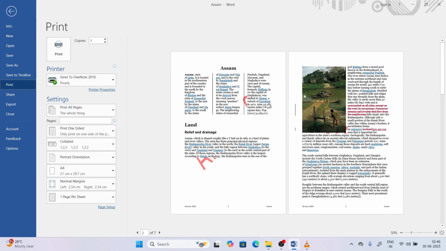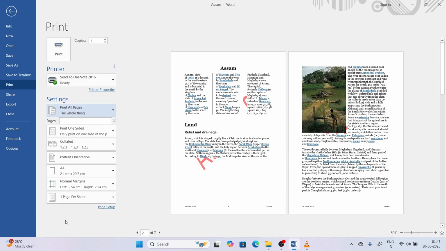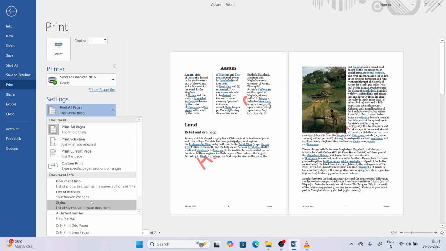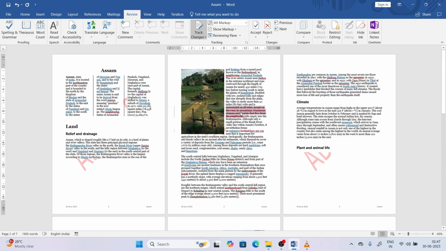Now by default you can see it's printing with all the changes. If it doesn't show your track changes, then click here. You will find an option, Print Markup. If Print Markup is disabled, your track changes will not show, so make sure if they ask you to print with changes, you enable Print Markup so it shows all the changes. Again, if in your page these changes are not getting shown, then go to the Show Markup option, then make sure